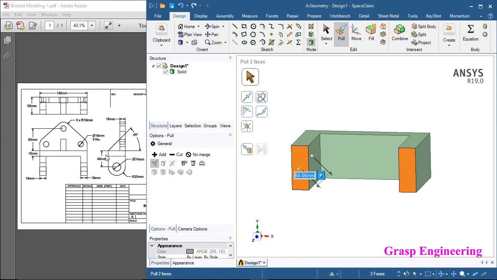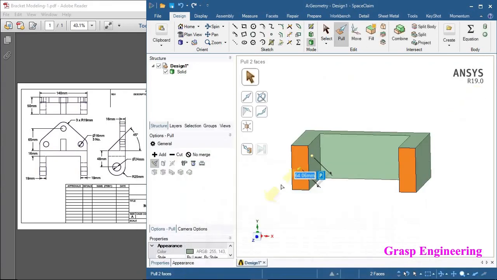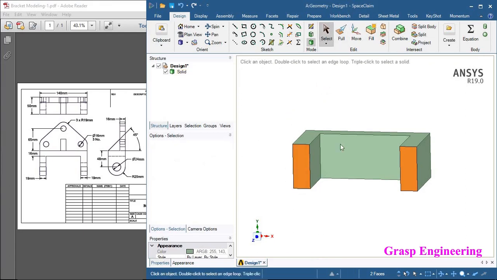The calculation is 48 plus 25 minus 16, so you will get the value 57. Now you can enter 57 here and come out.